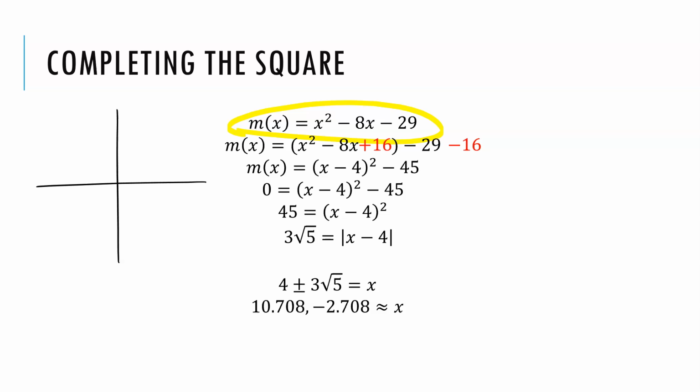So for this example, if I were to do a quick sketch, I know that my y-intercept is down at negative 29. And I know my two roots will be approximately negative 2.71 and positive 10.71. So this is a very rough sketch of what my graph will look like. I also